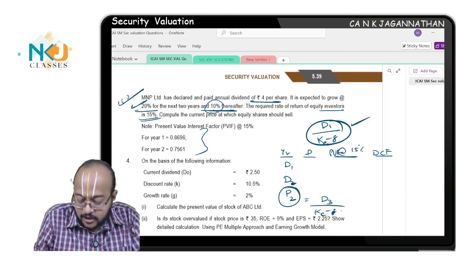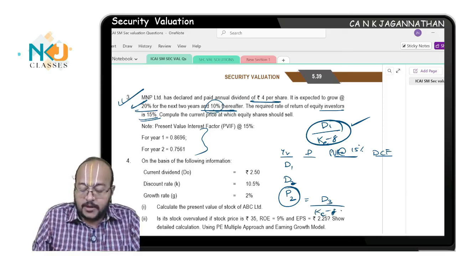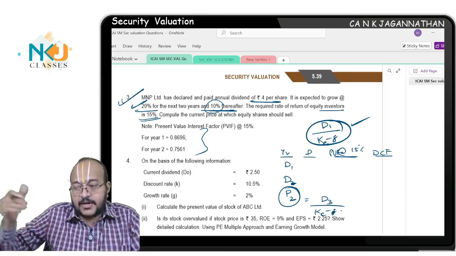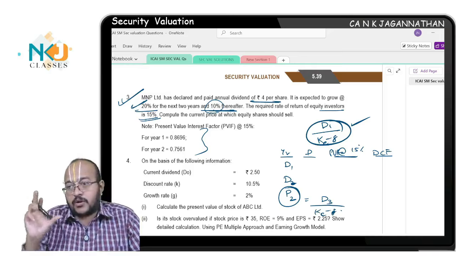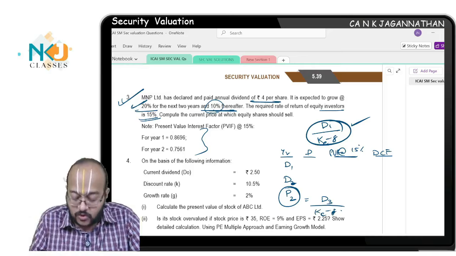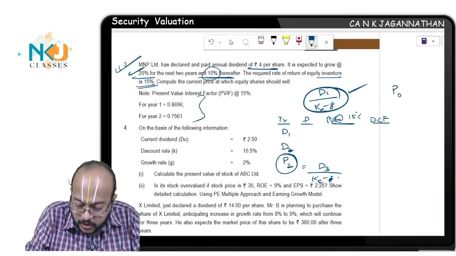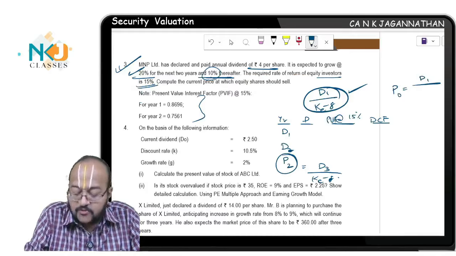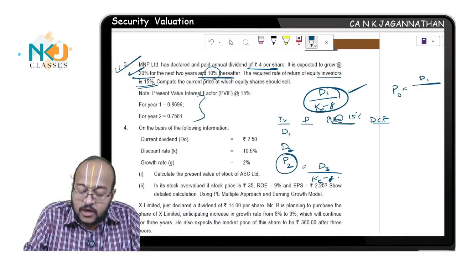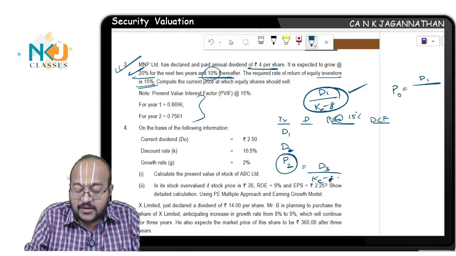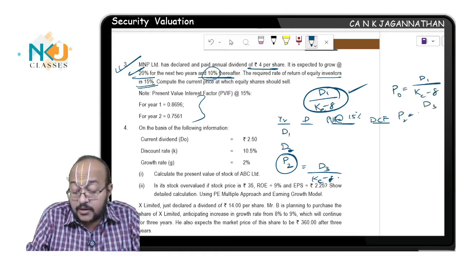by KE minus G. Already I discussed, correct? D3 by KE minus G, the cash flow of the next year, when you are computing the price. If you are computing P0, I'll show it here. See what happens. If you are computing P0, then you will find the value by using next year's dividend, next year's cash flow, the D1 by KE minus G. In case you are computing P2, you should take D3 by